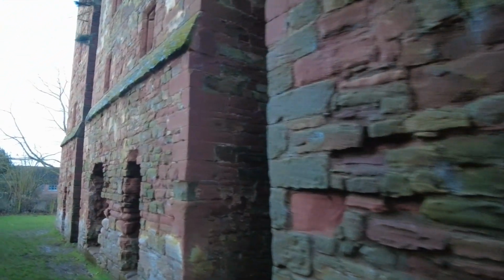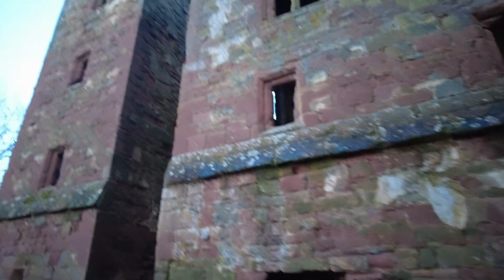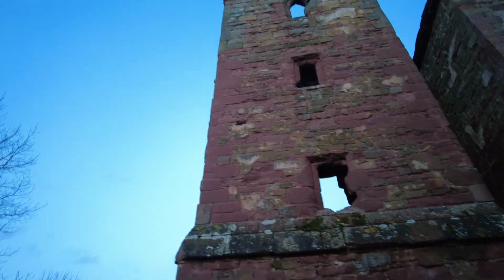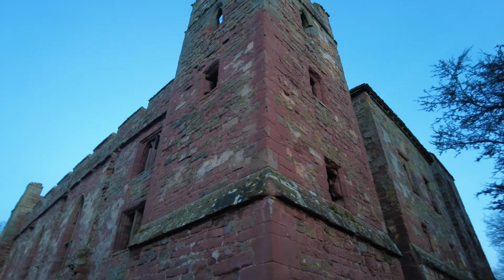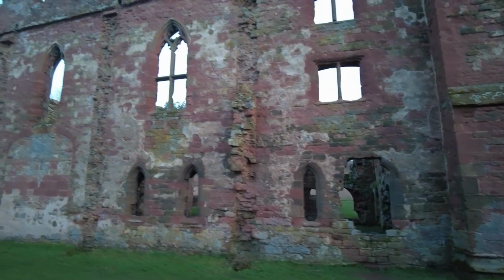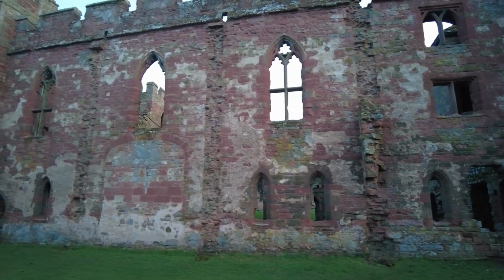The king couldn't have soldiers in every town, but he could have loyal subjects who were allowed to have houses like this, and all the better as senior priests. This is interesting to me because it's how the Normans enforced their rule for hundreds of years whilst being a minority. So it may not be as impressive as Chepstow, as old as Pevensey, as huge as Dover, as famous as the Tower of London,